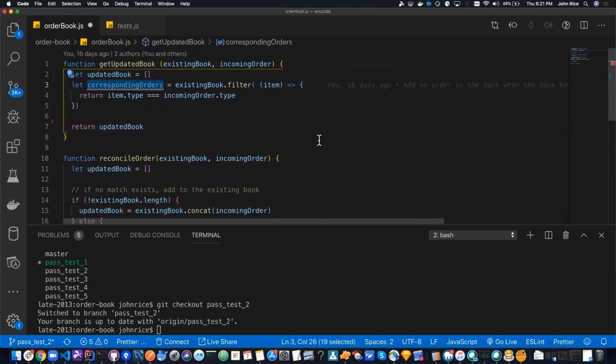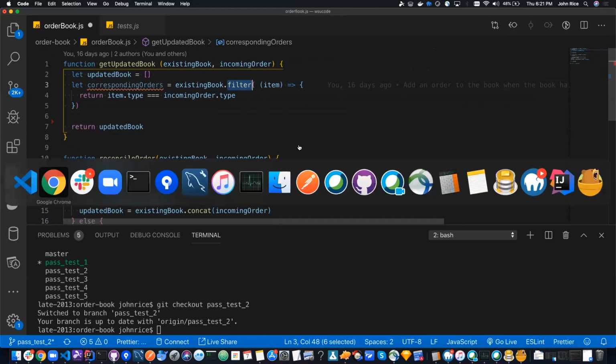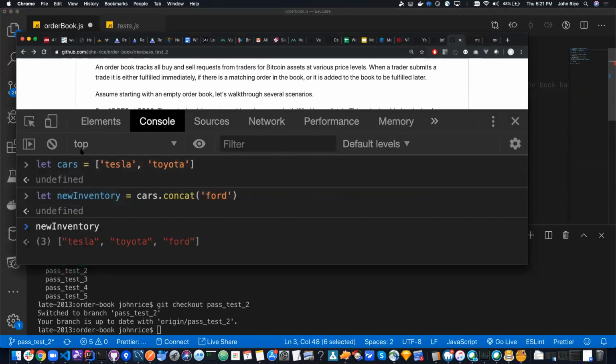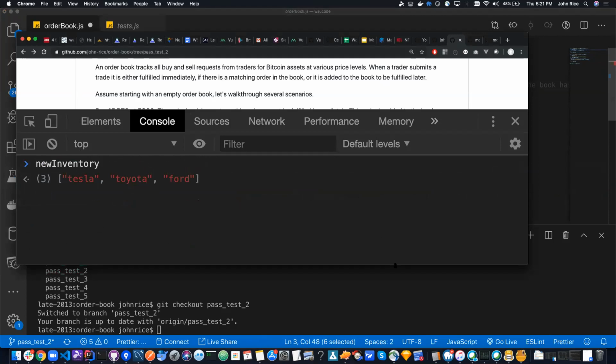So based on what that's looking for, it's looking for corresponding orders. So I'm doing a filter, and I'm filtering to find the matches. I'll go back to the console for a second. If I was looking for